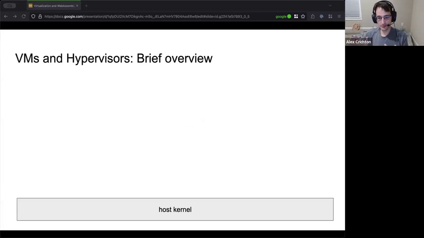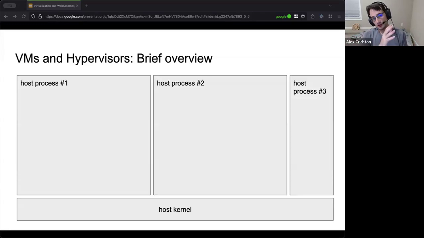So to give you a brief overview of hypervisors today, I'll also caveat this with the sense that I'm not an expert on hypervisors. This is a description of KVM in Linux, and I am not an expert on that either, but this is at least my own personal understanding. So feel free to correct me. But in Linux, you have your host kernel. That's all running Linux. You can have a bunch of host processes on top of that.